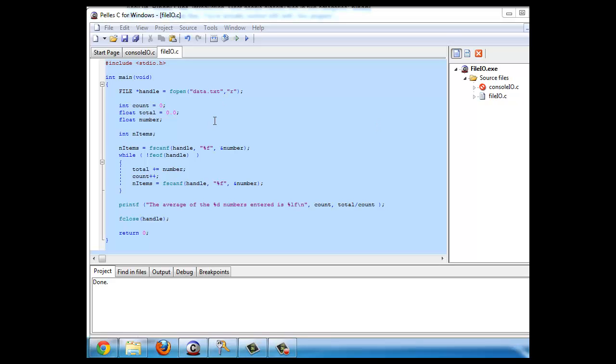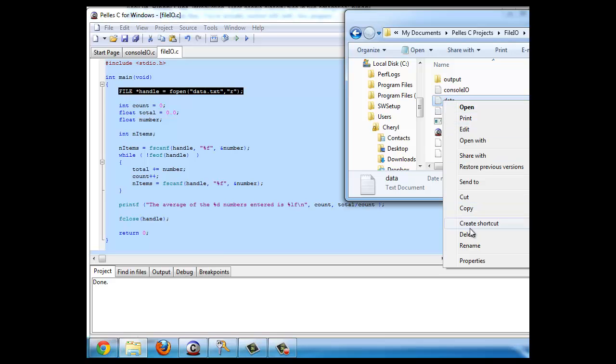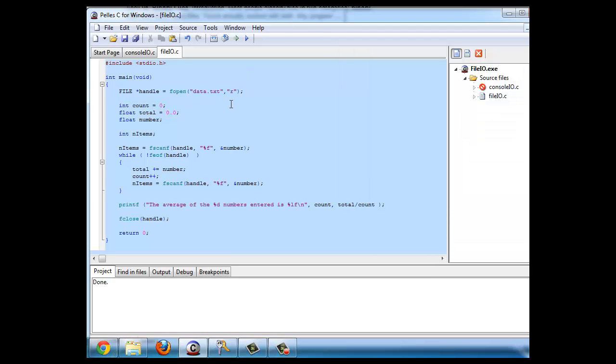Now before I finish, I want to point out a common programming idiom that you should practice, related with fopen. Whenever you call fopen, it is recommended that you error check the file handle that has been returned to you. For instance, if I come up here and let's say for now I'm going to rename it and say it's hidden. What I've done is that when this program runs, it's going to try and look for this file, but this file won't exist. If I run my program right now,